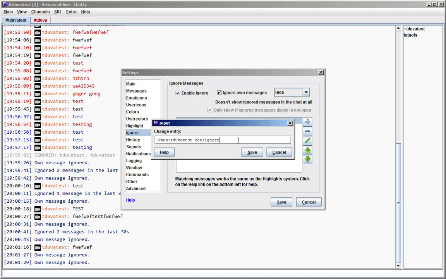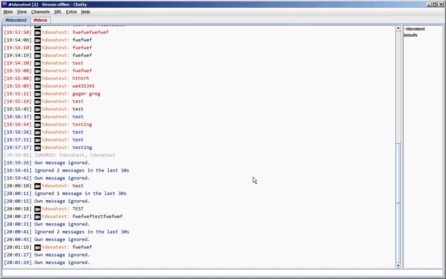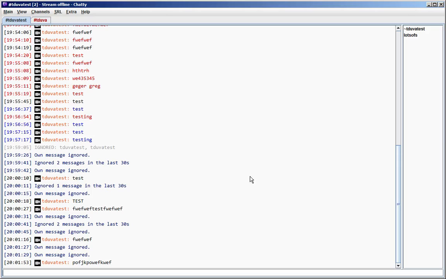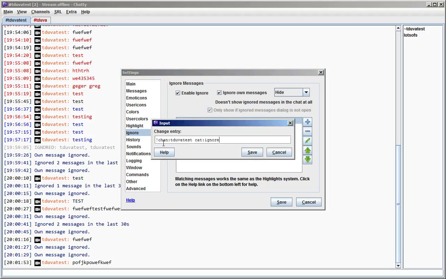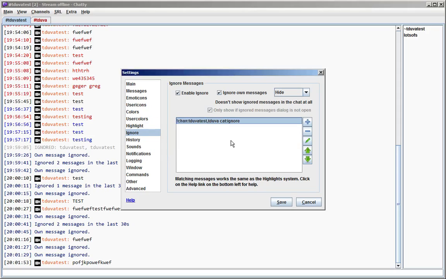So you still see the messages, maybe the spam or whatever, of users where you could actually time them out, but they are completely ignored in other channels. So now I have it set to highlight all users in the ignore category except in the channel to do test, and you can also, in this case, add several channels to this. So that can be kind of useful for that case.